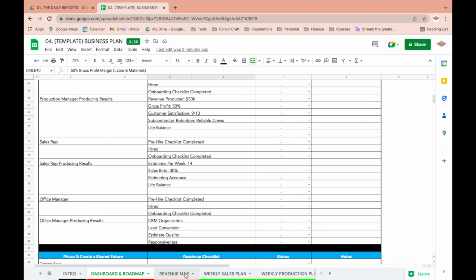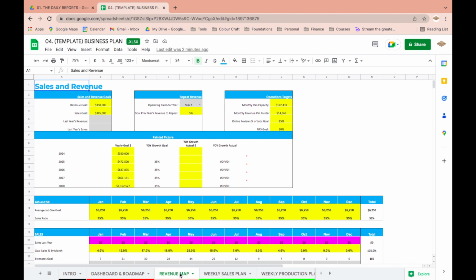Yes. The next tab here is where I want to focus. We have our revenue map. So in our first year in business, or any year in business really, we want to fill out our goal for the year. Say our goal is going to be, we'll just keep it at 350,000 for our first year in business,